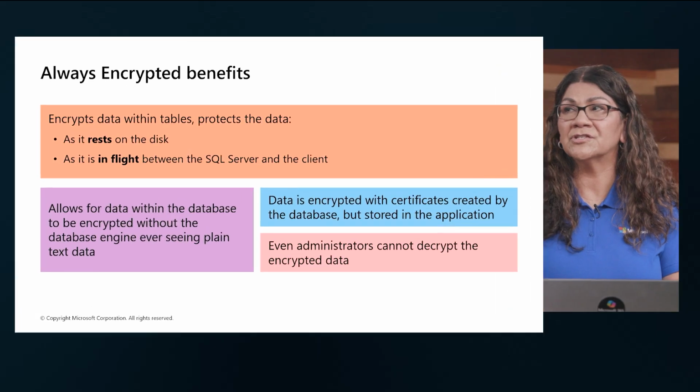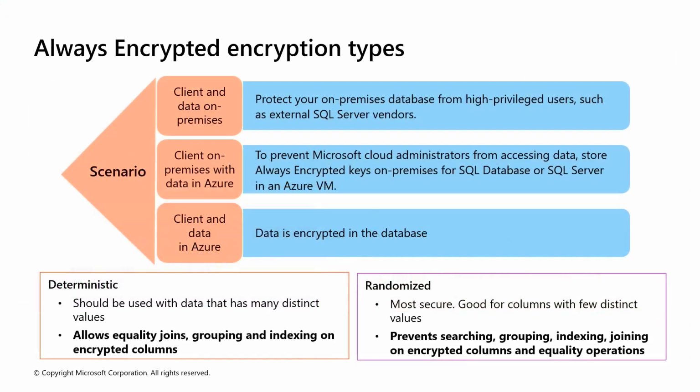and operational efficiency. Always Encrypted encryption types show a clear breakdown of how SQL Server and Azure SQL Database can protect sensitive data across different deployment scenarios using two powerful encryption methods. Here are three key scenarios. One, you can use it when both the client and the data are on premises. Organizations can use this to safeguard against highly privileged users like external vendors by keeping full control over the encryption